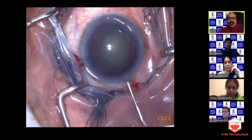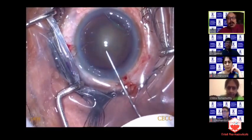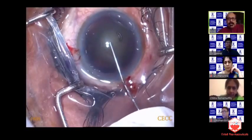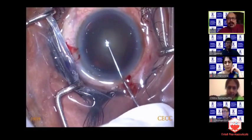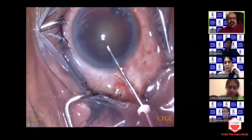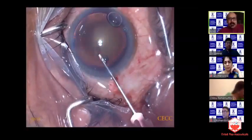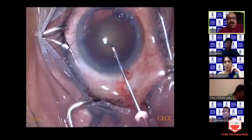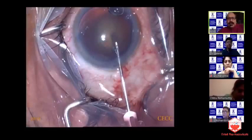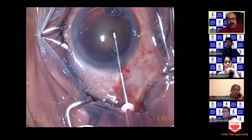In fact, I was initially under the impression that if I inject OVD into the anterior chamber, perhaps I'll have sufficient anterior chamber depth, but it was not happening. And AC is still shallow. I'm doing a rhexis in a very gingerly manner, making sure that the rhexis really doesn't run out to the periphery. Now, I normally use IV mannitol preoperatively for this kind of patients if the pressure is in the 20s,